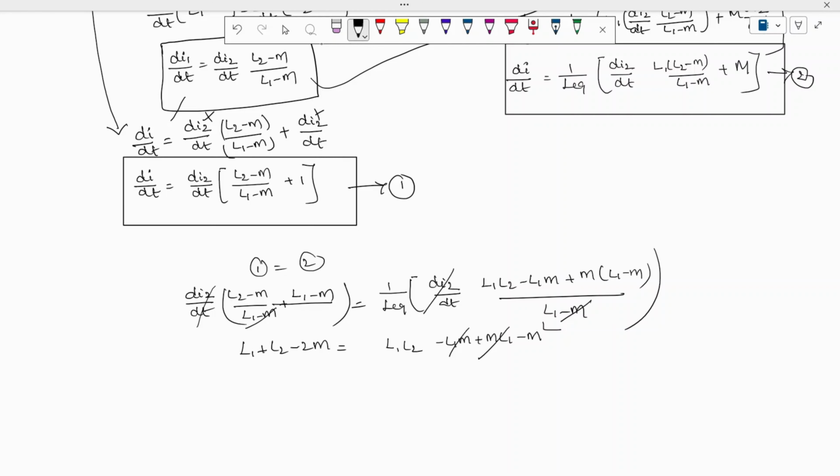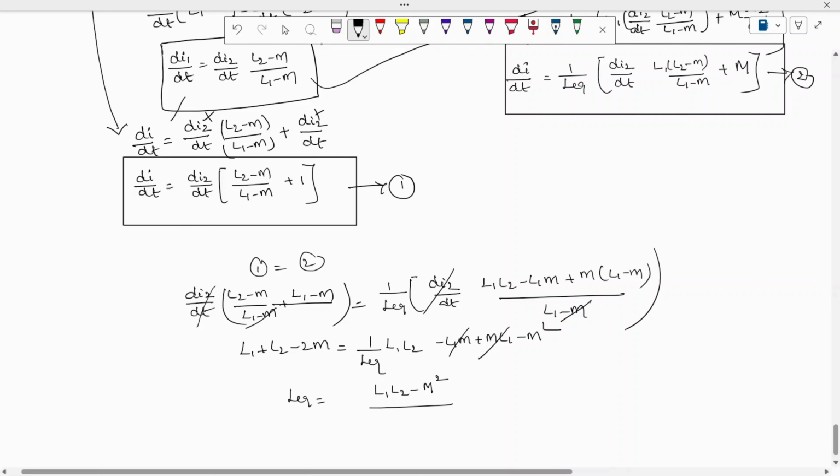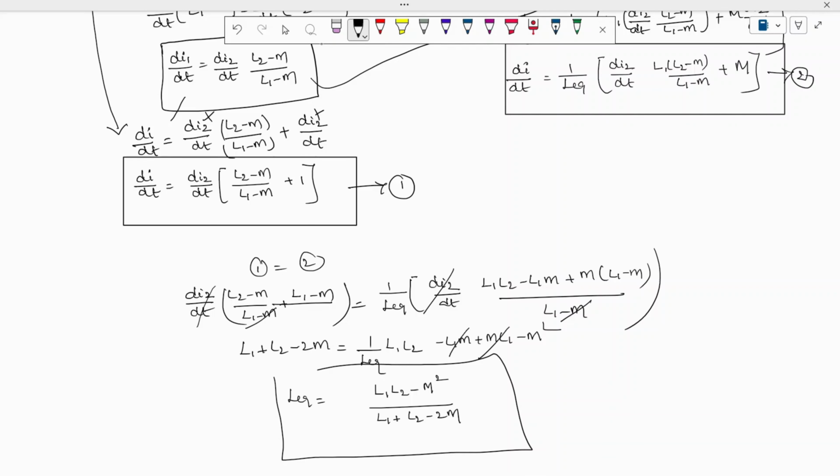So these two will get cancelled, which is 1 by L equivalent. Therefore L equivalent is equal to L1 L2 minus M square divided by L1 plus L2 minus 2M is the value of L equivalent